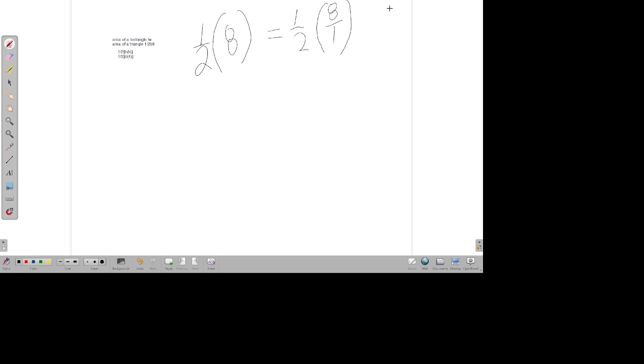And then you multiply straight across. So 1 times 8 equals 8. 2 times 1 equals 2. So that's 8 over 2, which actually means this little dividing line in a fraction is actually a dividing line. It's division. It's 8 divided by 2. And 8 divided by 2